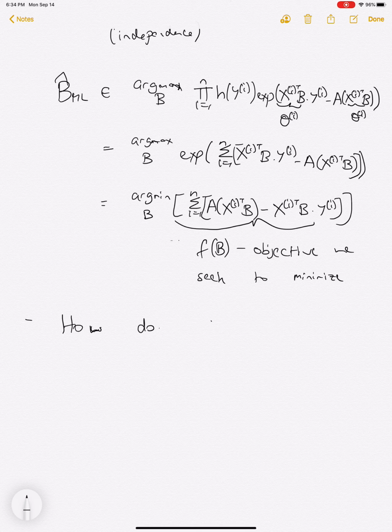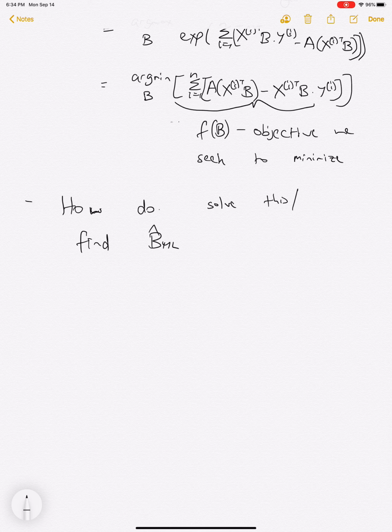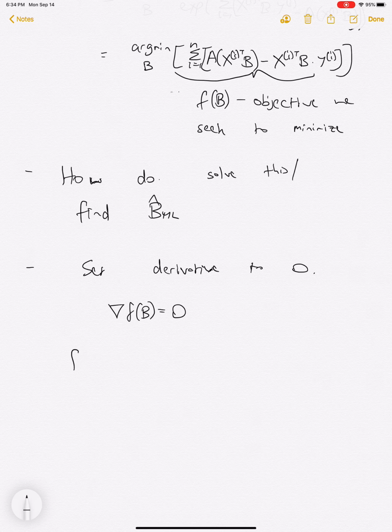So then the question becomes, how do we solve this, or find b hat ml? One thing that you could certainly do, and it's a pretty good thing to try, is to set the derivative to 0. Basically, we know that minimizers should hopefully be points where the gradient is 0. So gradient of f of b is 0. And so remember that